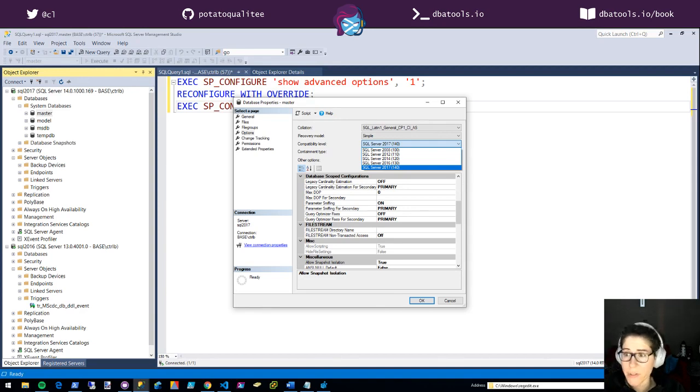Will they always have those exact numbers, or could those change? No, these will always be the numbers. That's how they're identified. And they just keep going up. So 2019 is going to be 150. I don't have it installed yet. Oh, and then check it out. What's wild is that you also have this. We say SQL 2017, but you also have 14.0. This is the build number.